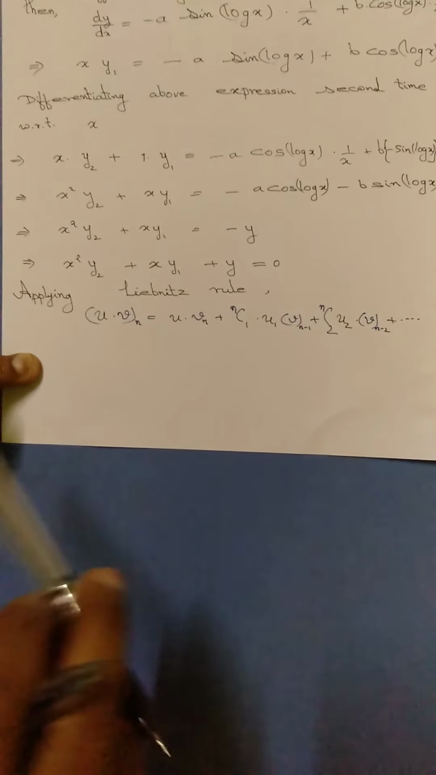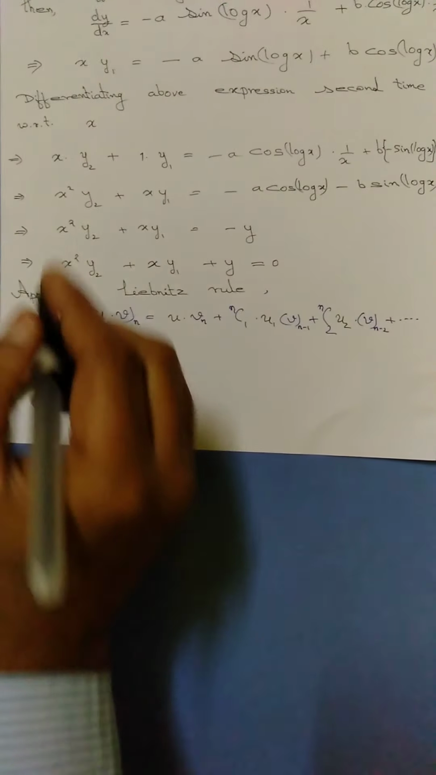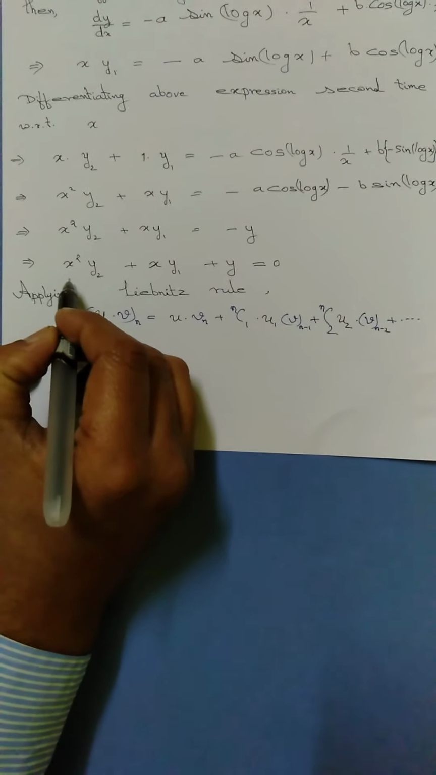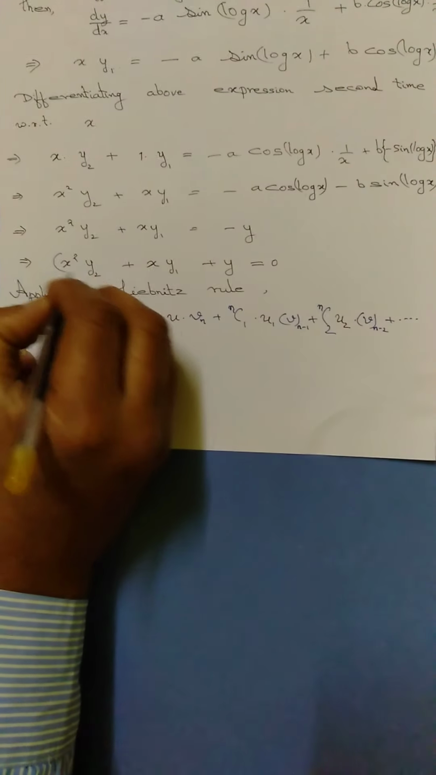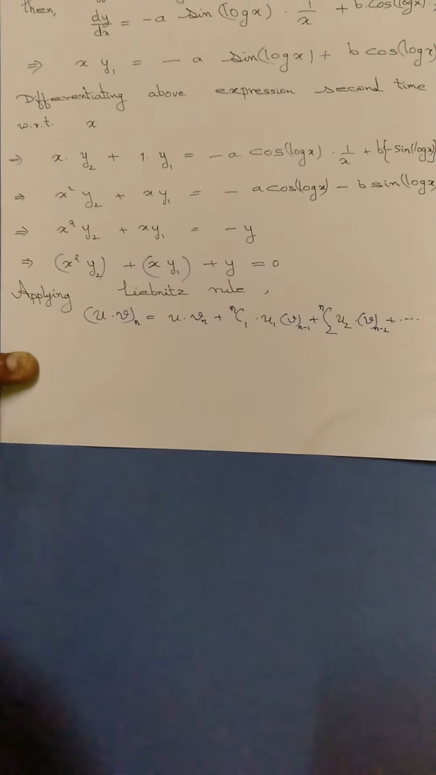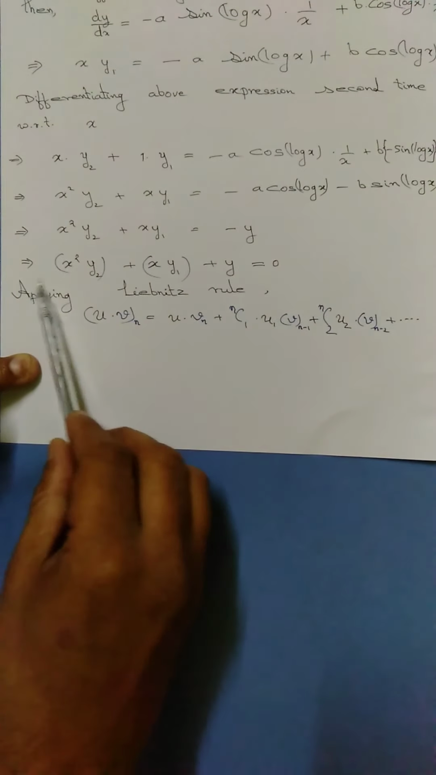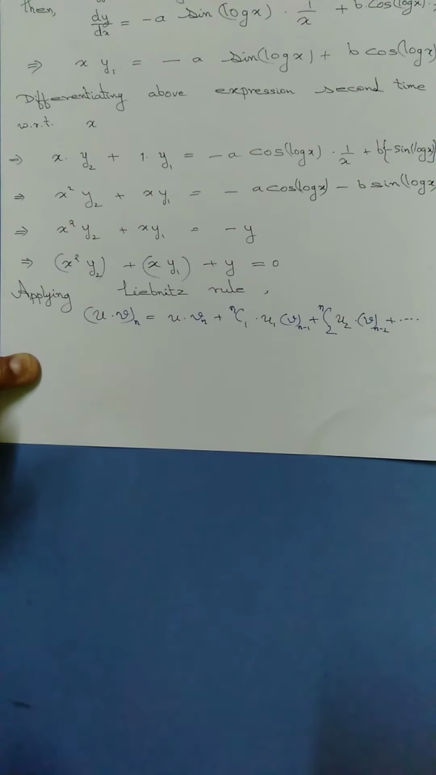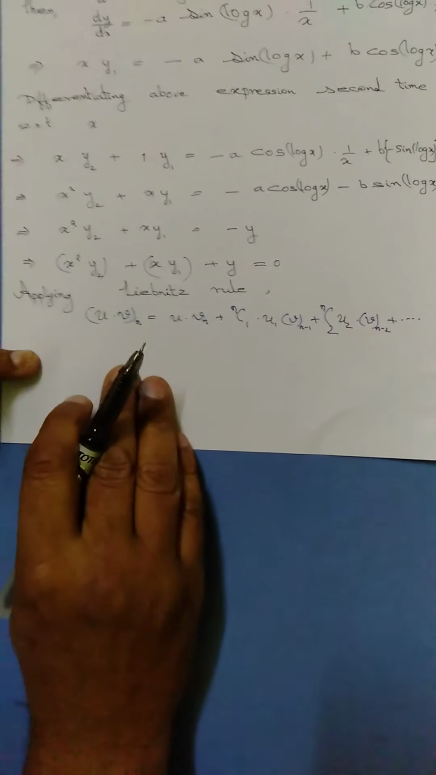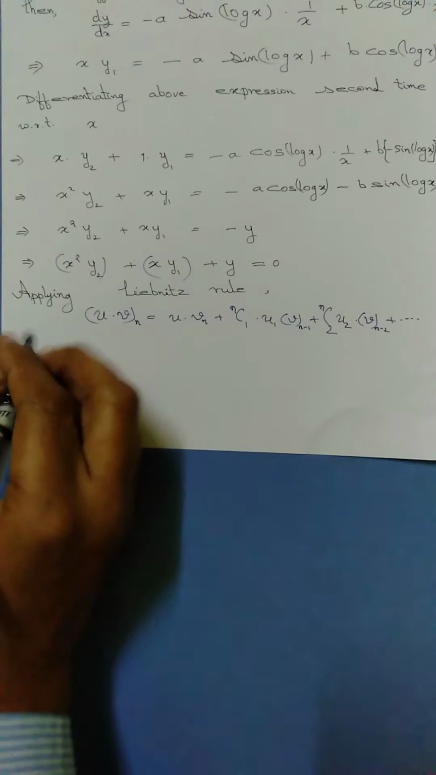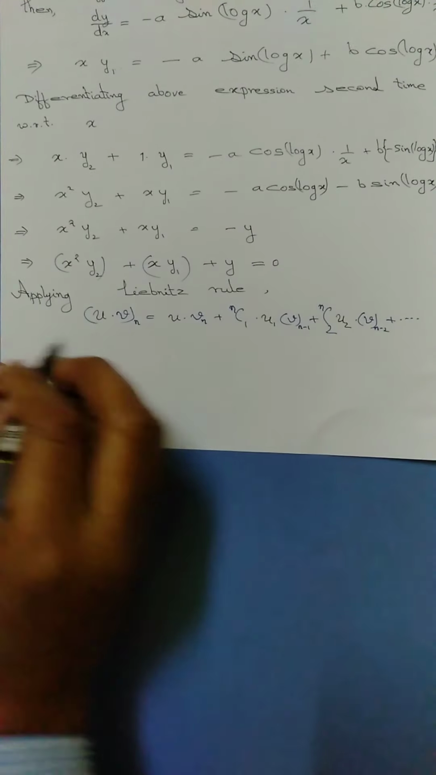Okay, we will apply Leibniz rule for product of functions. How many products of functions do we have here? 2 of them. We differentiated n times and apply Leibniz rule, so your u is x square. Applying Leibniz rule, to get